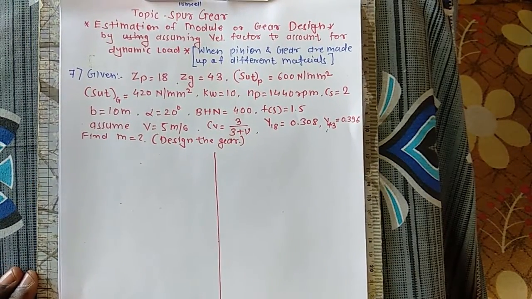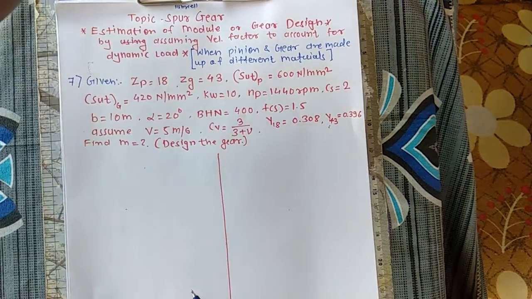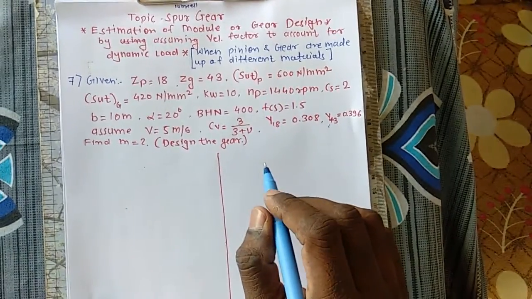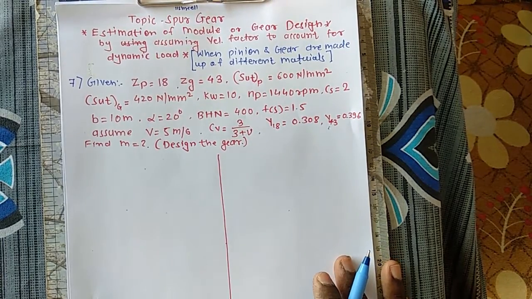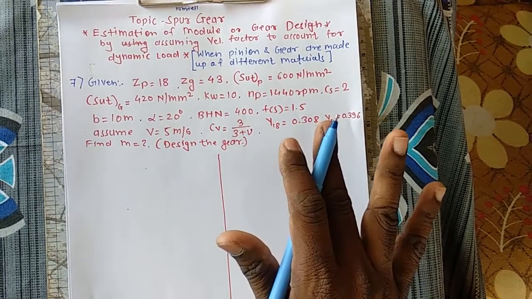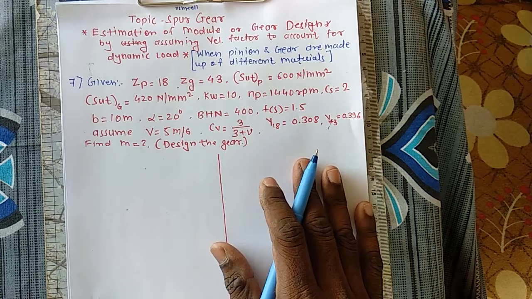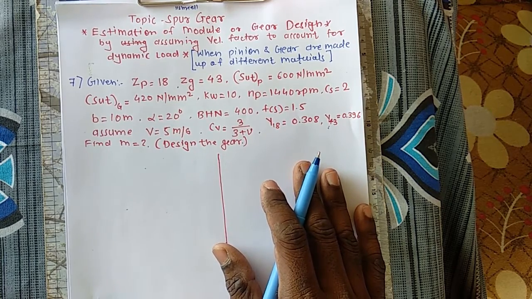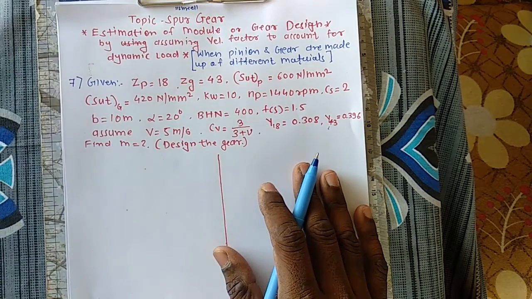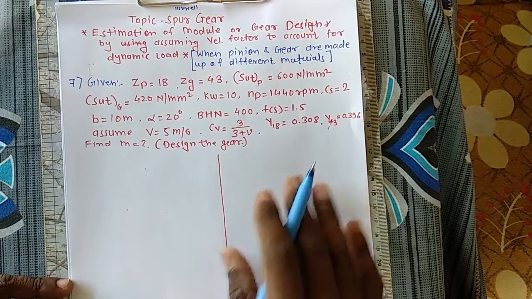As we have seen here, the pinion and gear are made up of different material, right? Because their SUT is different. So that's why it is necessary to decide the weaker element between them. If material is same, by default pinion will be weaker. But if materials are different, in that case, what we have to do? We have to find out the product of sigma B into Y for pinion and gear, and that will decide the weaker element. This theory we have studied in case of Lewis equation.